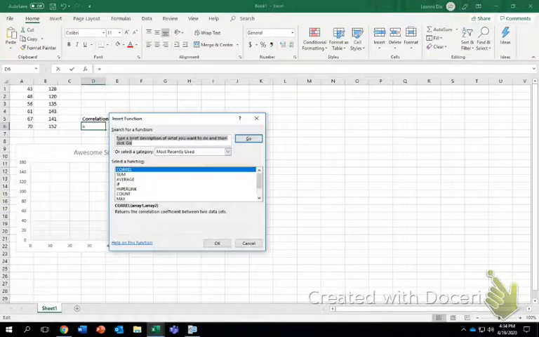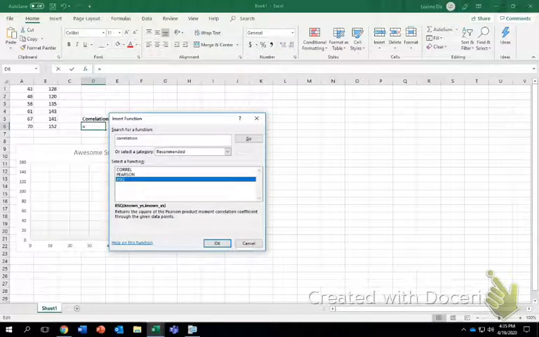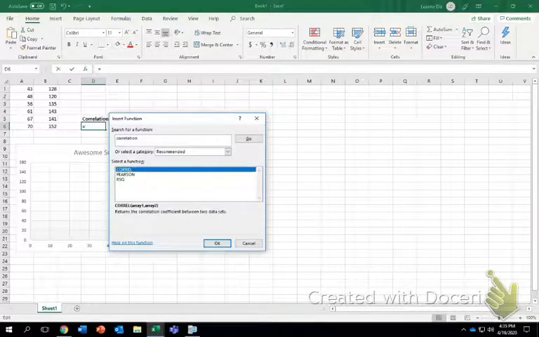So I'm going to click on insert, and I'm looking for my correlation coefficient. So I'm just going to type in correlation, and I'm going to press enter, and it actually brings me some functions that could possibly work. So I can look at this, and this one gives me the square of the Pearson product. Okay, so Pearson is that table we talked about. This one just gives me my straight up Pearson score,